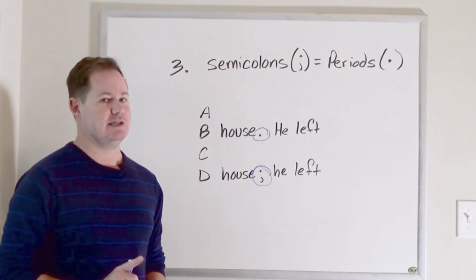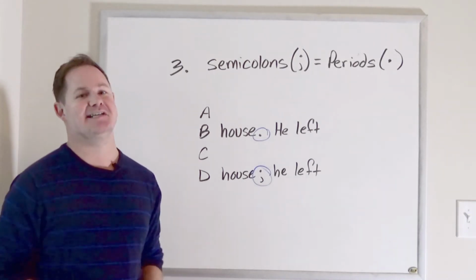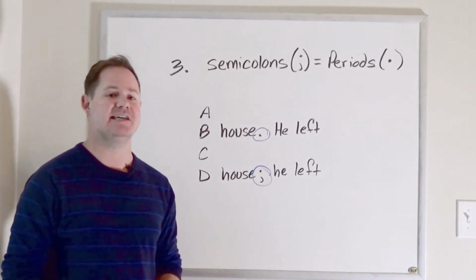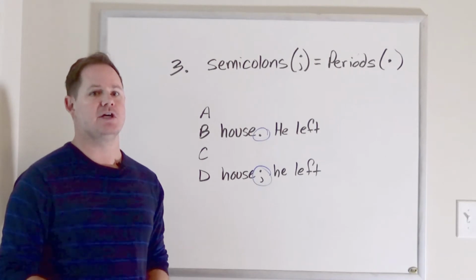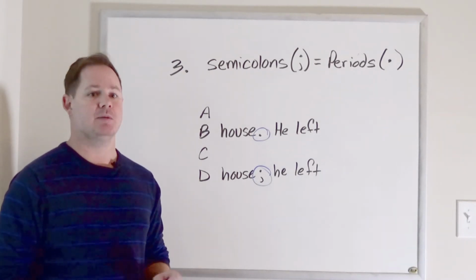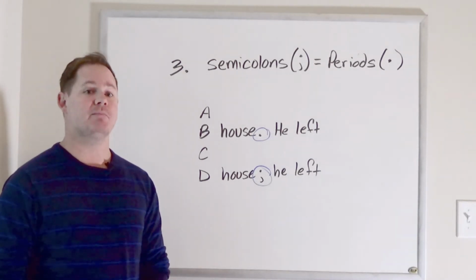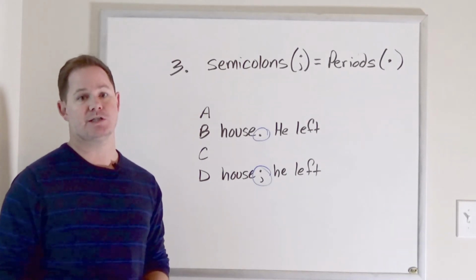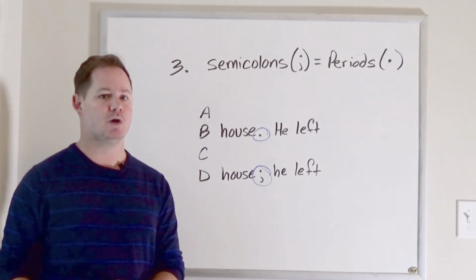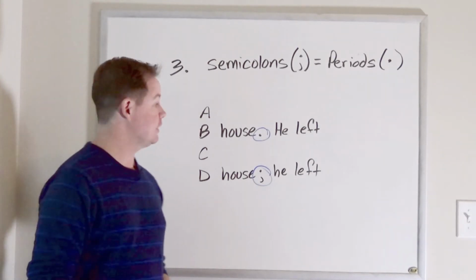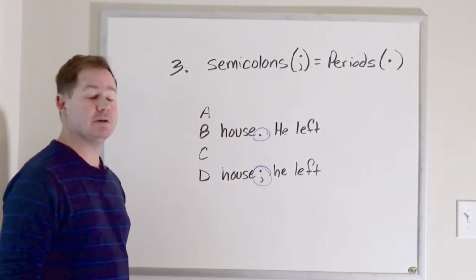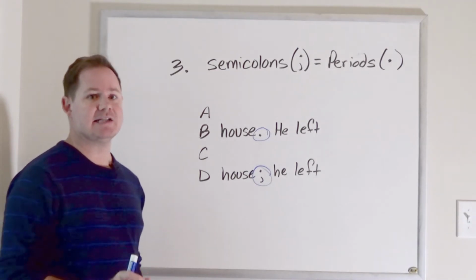And one nice thing, I always like to try to highlight the nice things if we can. So one nice thing that SAT and ACT both do for us is they'll never ask you, the test taker, to differentiate between a period or a semicolon, since they are grammatically equivalent. There are situations stylistically where you might want to use one over the other, but grammatically, because they perform the same function, if you ever see a period and a semicolon in your answer choices in exactly the same place,